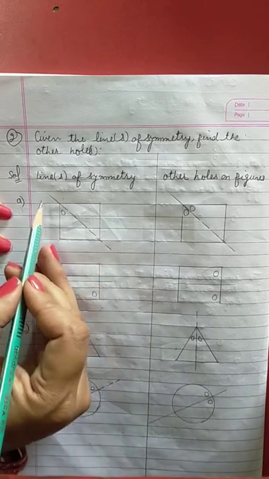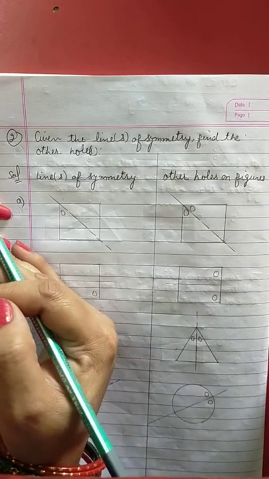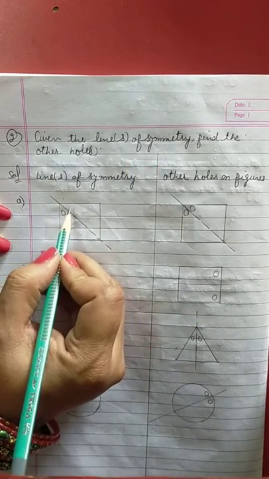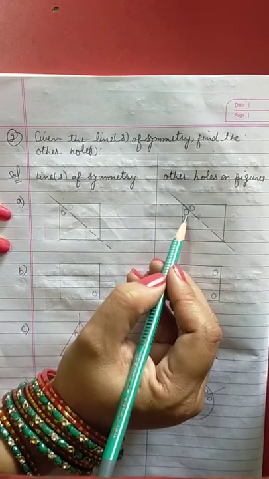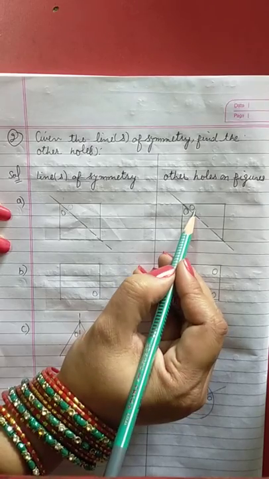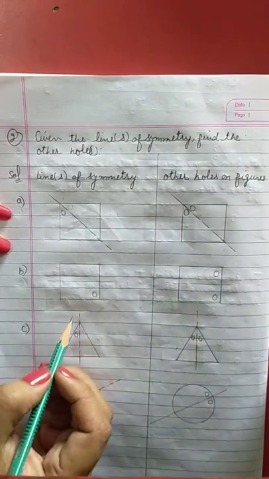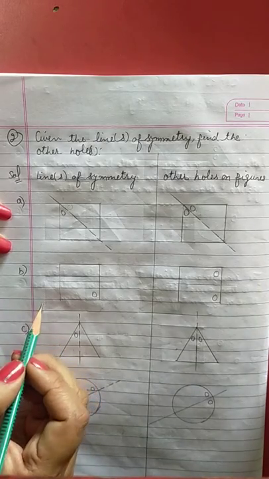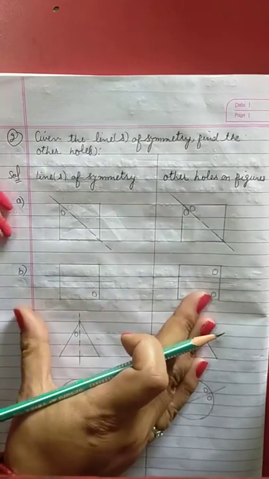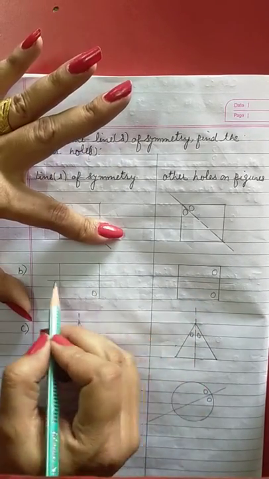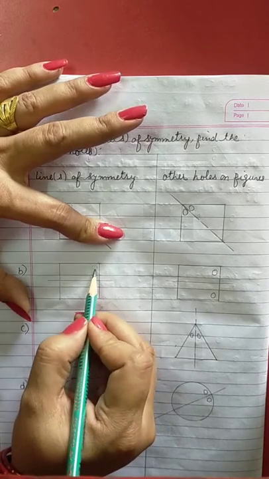In this part you can see this is the line of symmetry and it is going to divide from the center, so it will be folded like this. So if one hole is here, the other will be on this side. You can see I have drawn it here. If one hole is here, the other one will be on the other side, because we are going to fold it in this way. Then see B part, again we have this line of symmetry in this diagram. If one hole is here, the other hole will be its parallel on the other side.